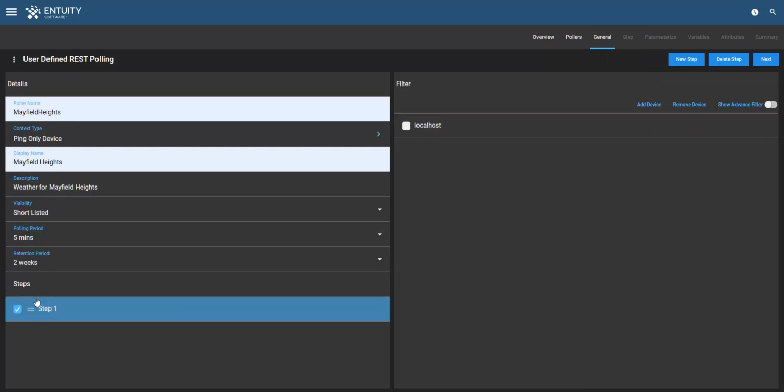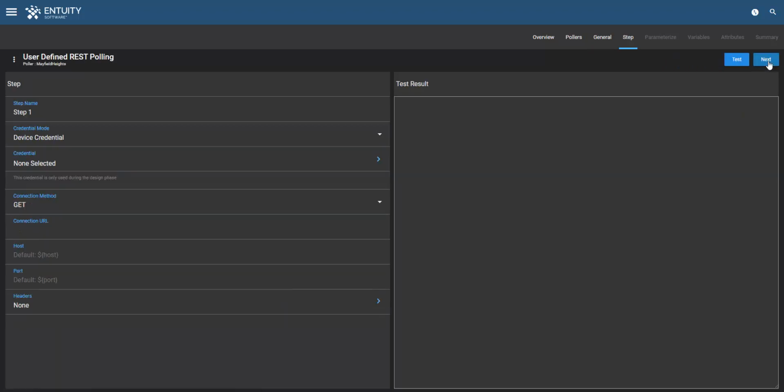There's a single step already allocated by default, and I'm going to proceed to define its contents by clicking the Next button. The REST call that I'll be using only requires a single step. If I'd clicked the New Step button at this point, it would have allocated a second step, which isn't my intention. The call to the openweathermap.org API doesn't require authentication, as it uses an inbuilt API key, so I'll choose